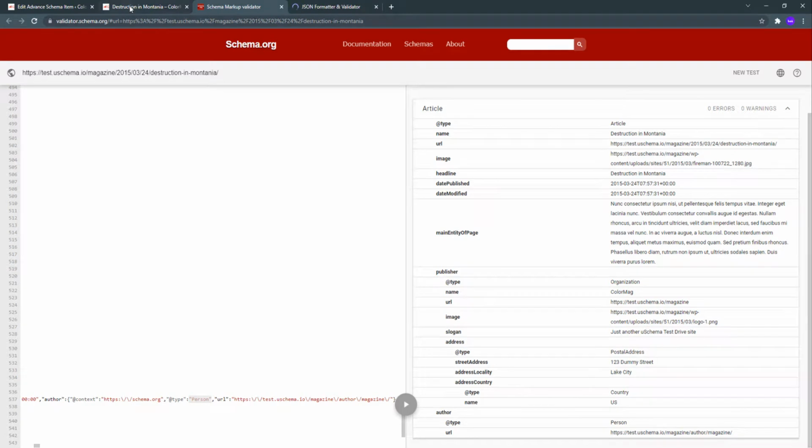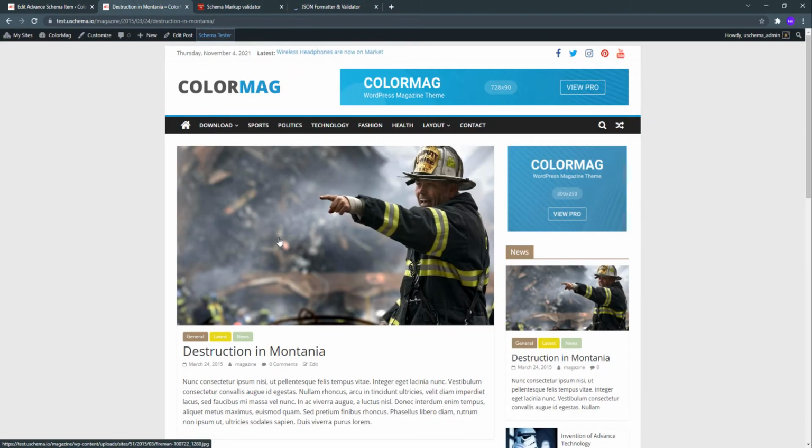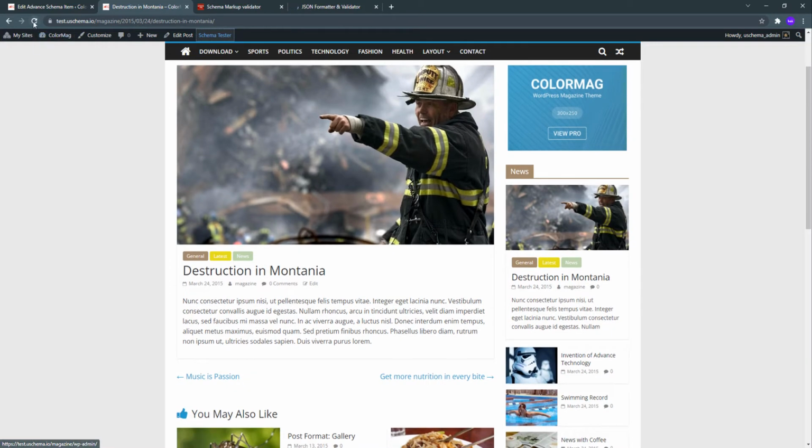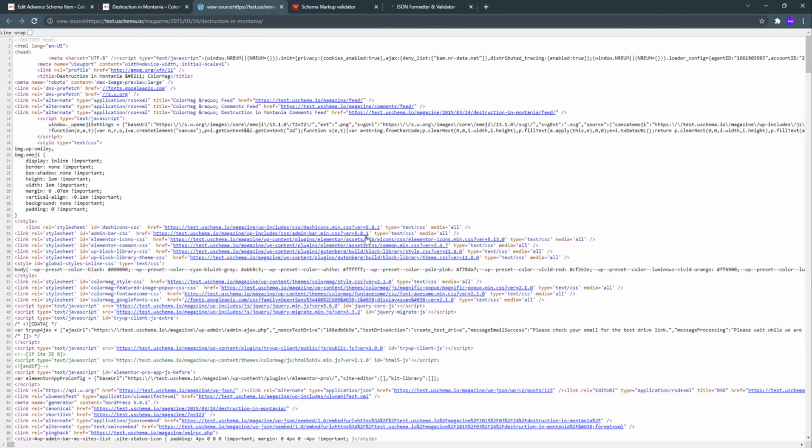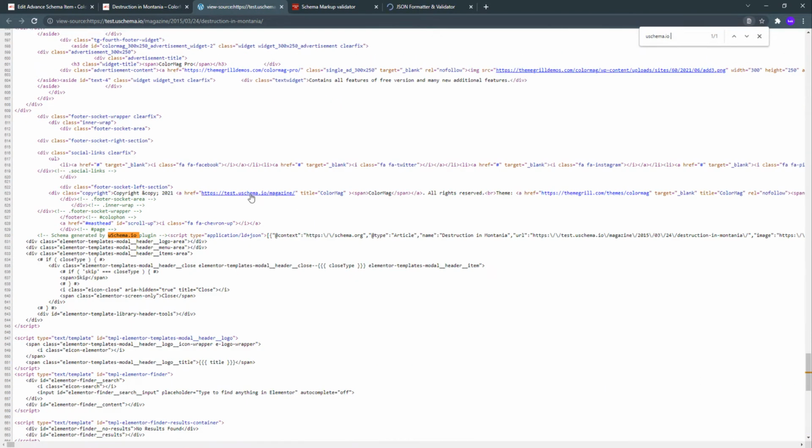One more detail, and it is going to be a little bit technical. Let's refresh the page and check its page source, and inside there I want to check the JSON that has been added for this schema. Let's go to the schema.org, and here is the JSON that has been added.